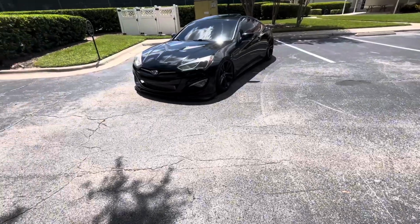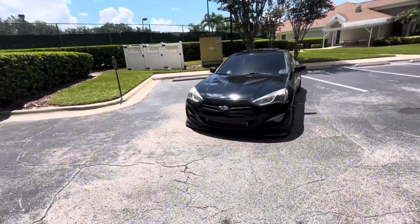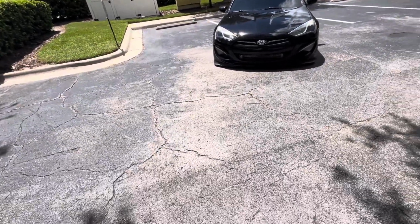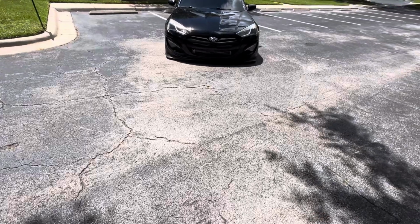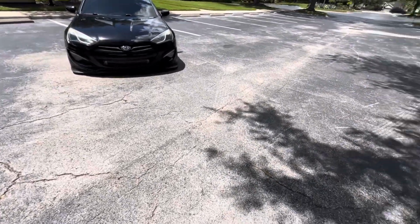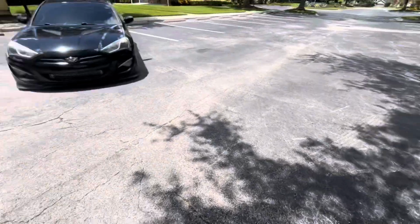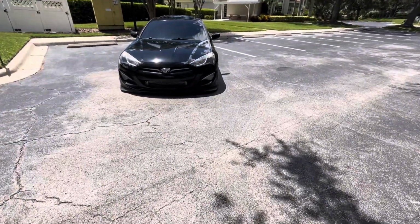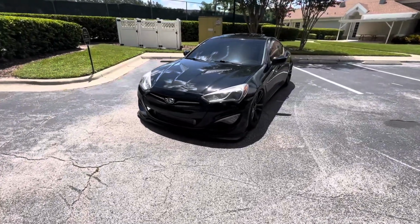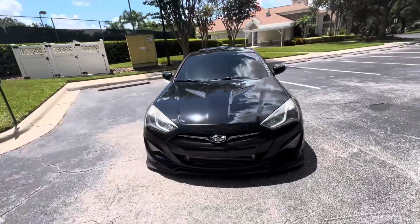I personally think this car is an overlooked car. I think it doesn't get as much love as it deserves for the type of car it is, because I think it is better than a lot of competitors. And for the price you pay, dude, if you compare this to an STI or a WRX, right? Yes, the WRX is most likely going to be faster, but for the money you're going to pay for that car, you throw a big turbo in this car, and then you throw an Apple CarPlay screen,